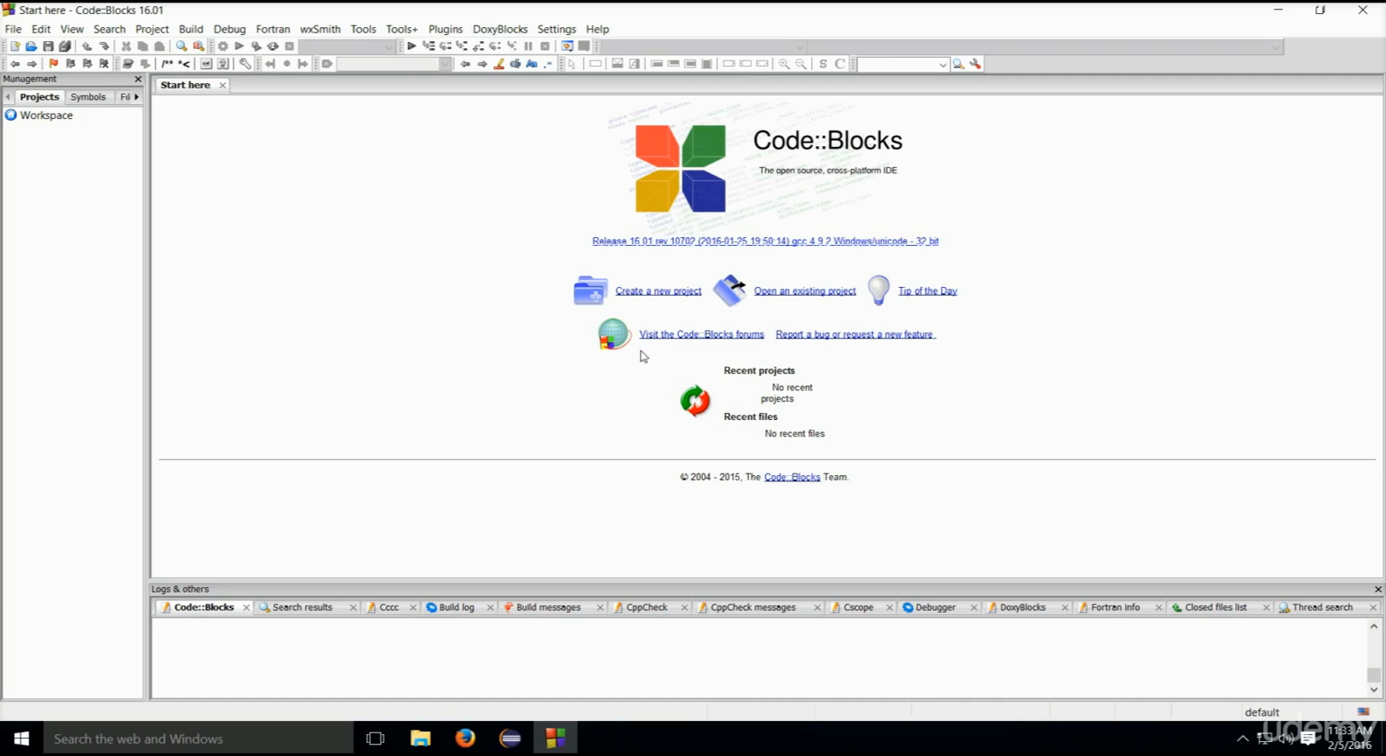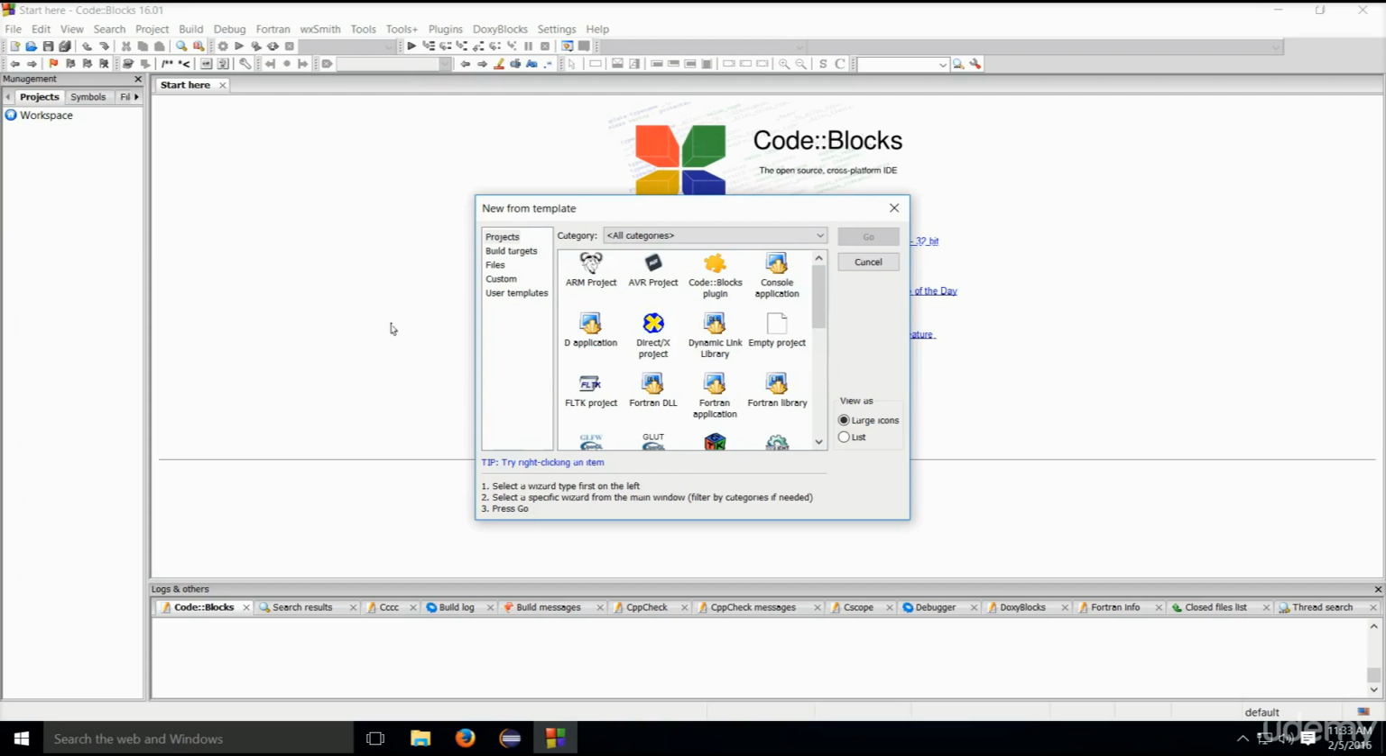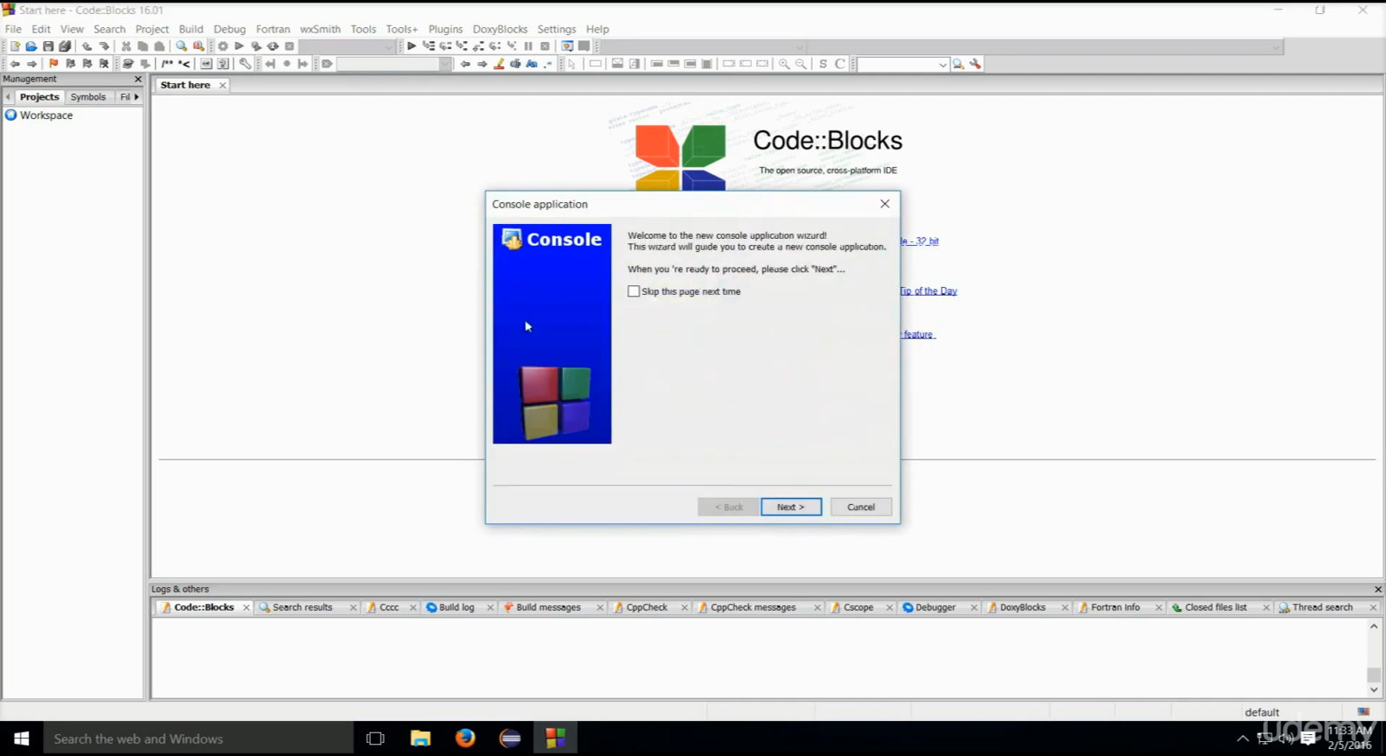What do we do with it? Well, we need a new project, so the one that we will actually use. Go ahead and click on new project, select console application, click on go, next, C++, not C. Remember that. Next, the project name shall be